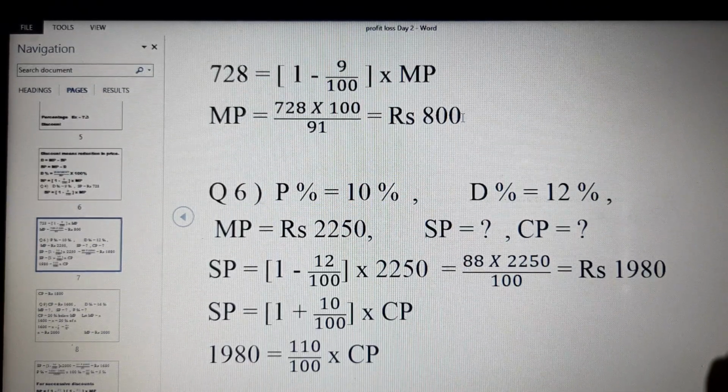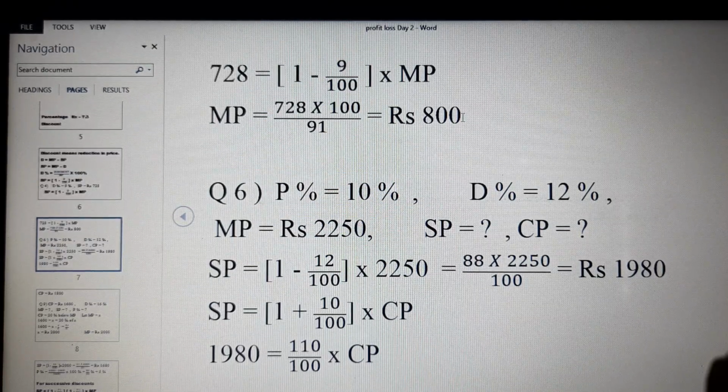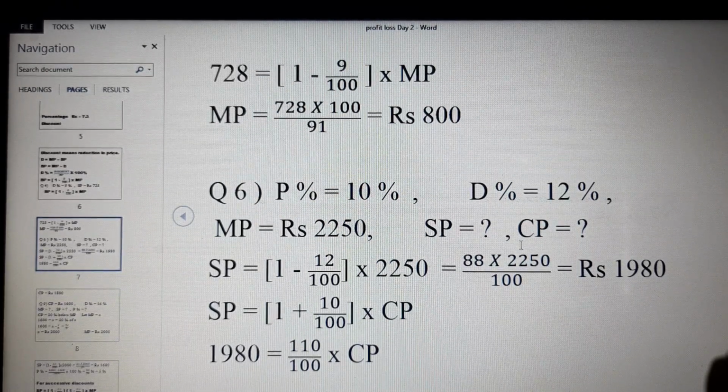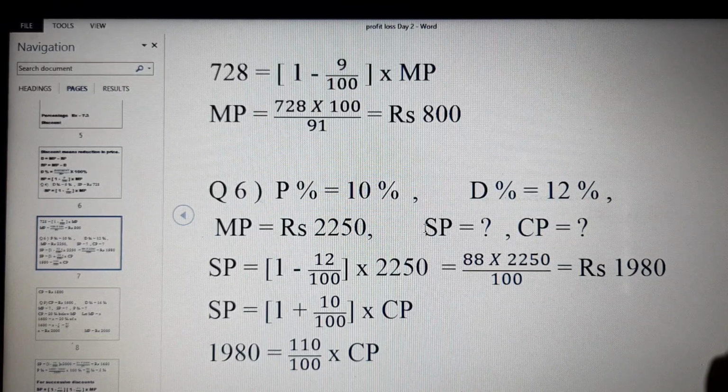One is profit percent and the other thing is discount percent. So they have been merged. No need to worry. We'll go step by step. If we have been given profit percent and discount percent, both the things, then we have to look for what we can calculate first, SP or CP. See, suppose I choose CP, so for CP two things should be known. Profit percent is known, fine, but we should know SP also, then only we can calculate CP. So right now we don't have adequate information to calculate CP.